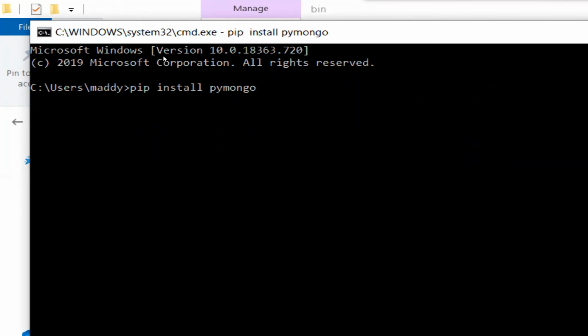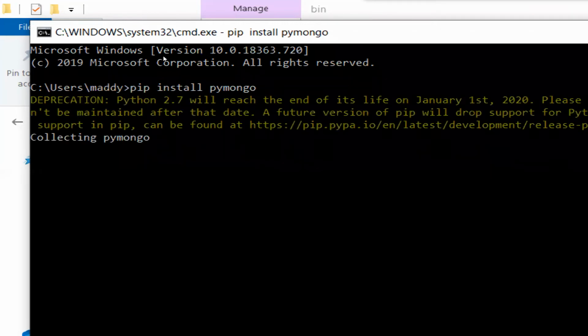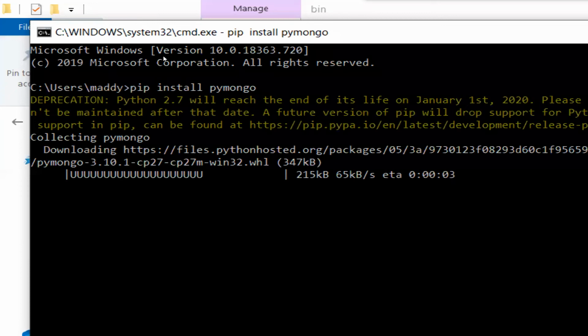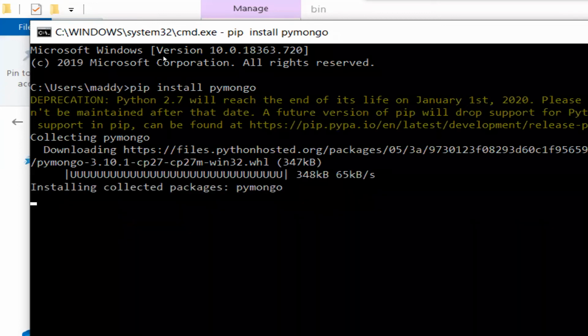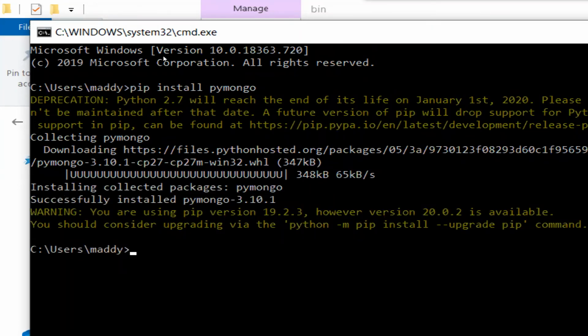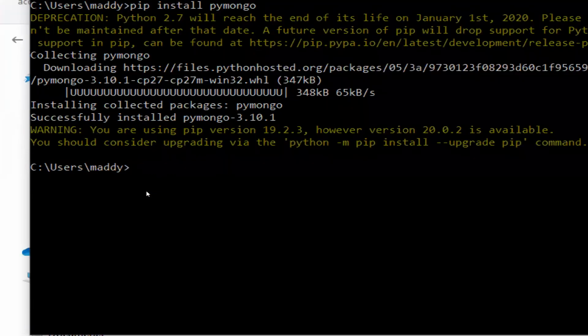When you hit enter, pymongo will be downloaded and installed in your Python so that you can access MongoDB server. Now pymongo is installed on my laptop and Python.